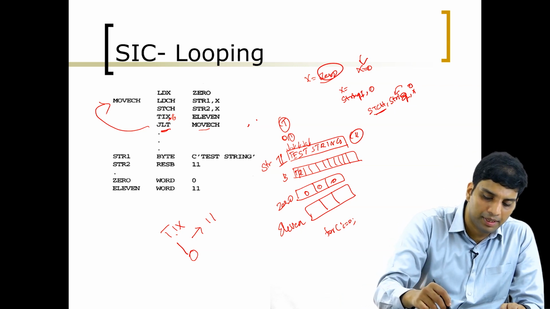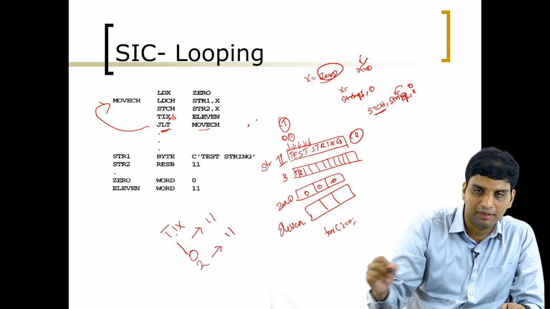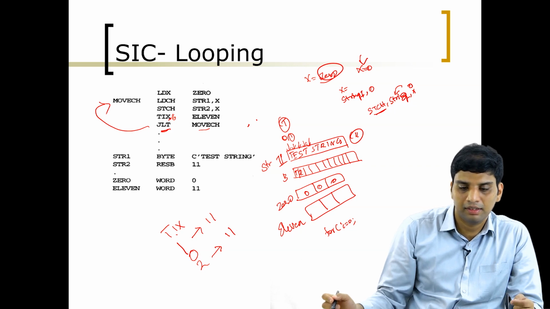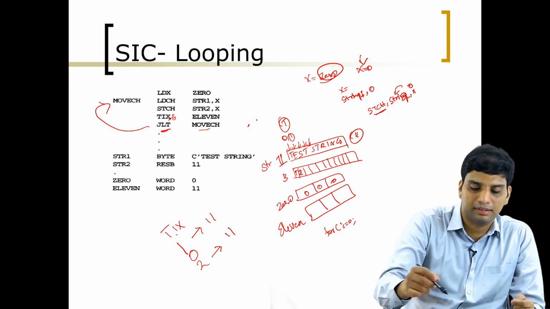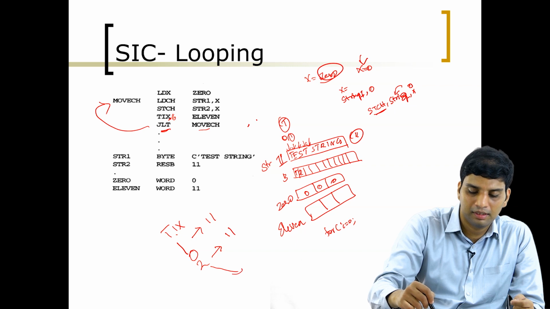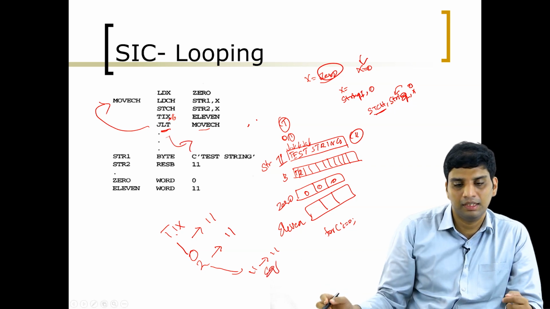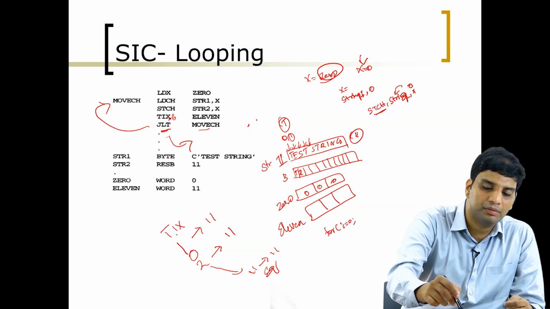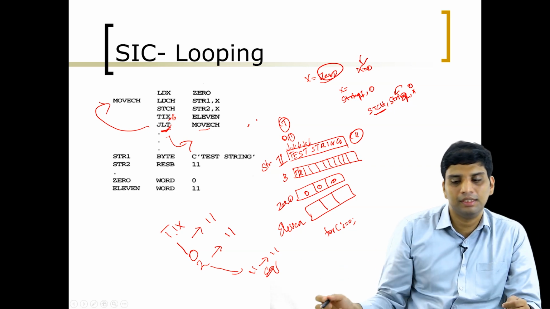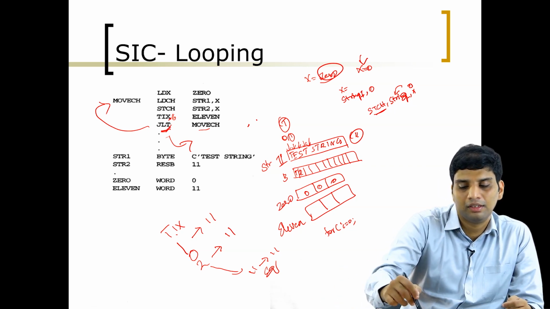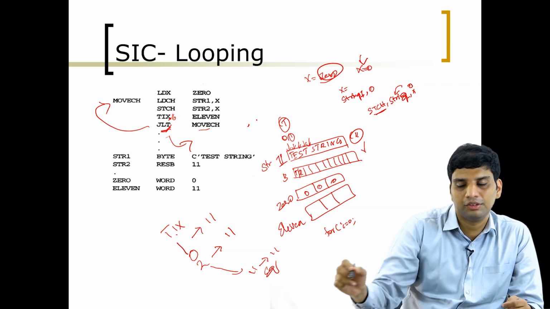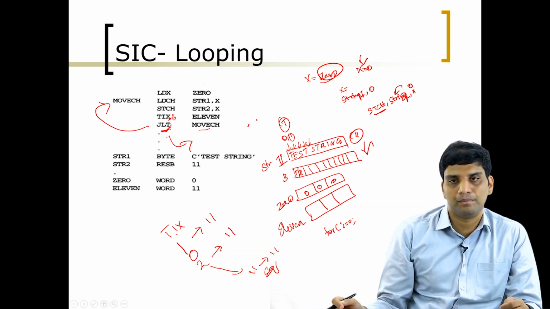It is incremented. 1 becomes 2. 2 is compared with 11, and again it is less than. Similarly, you will come till 10 is less than 11, and then 11 will be compared with 11. So it will be equal, and when it is equal, it will come out of the program. Till then, 10 will also be less. So you will move to CH till all the values are transferred from the first string to the second string. Clear?